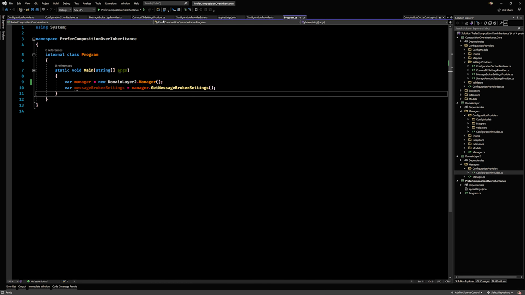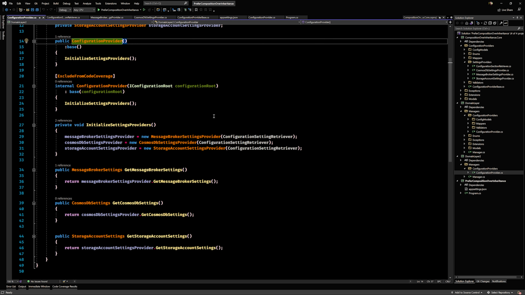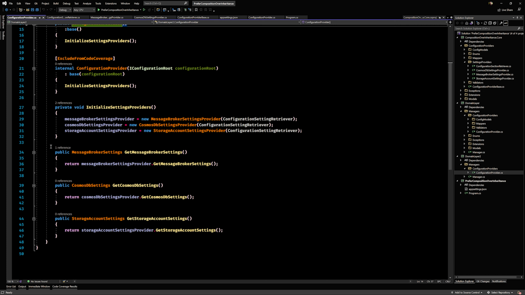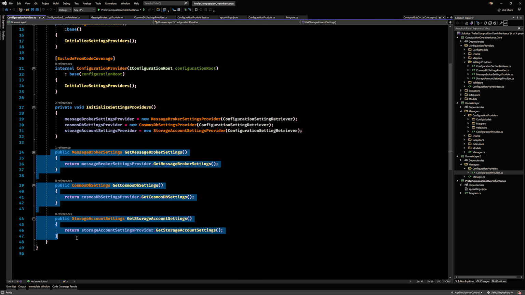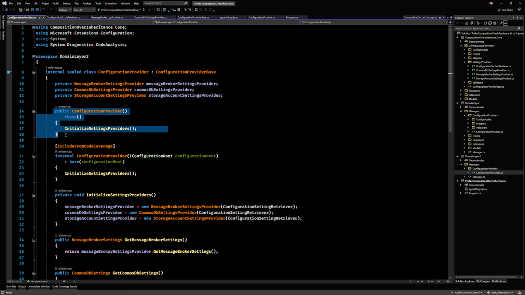With composition, it implies it's completely encapsulated. You don't even have to know its composition, as you can look at this config provider here. Which one is it? This one, domain layer 2. If you look at the class from the outside, it's got these public methods, which is pretty much all it's got. It's got a constructor, and that's it.